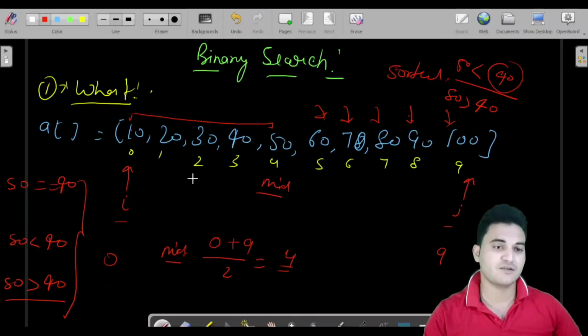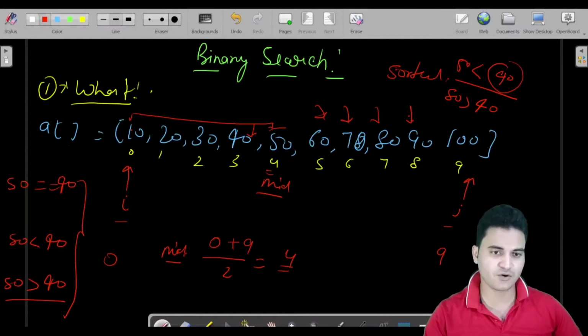Why? Because let us say you have been searching for 40, then 40 will always come before 50. So that is the point. If 50 is greater than 40, the element is going to lie in this range only, from 0 to 4. Not exactly 4, from 0 to here.